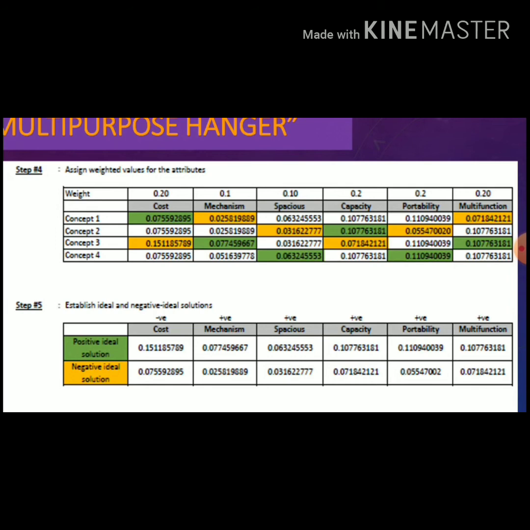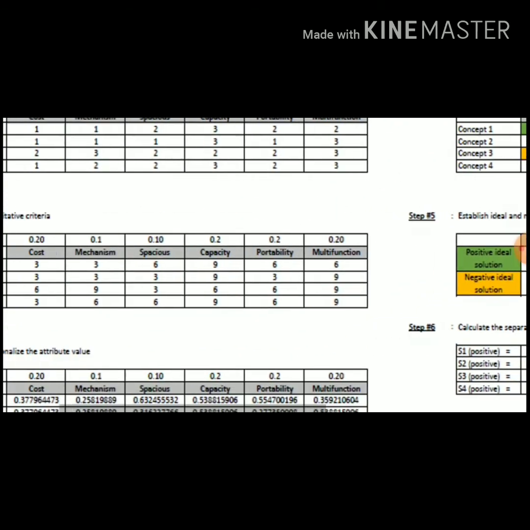I would say that this is very important and reflects back to the Pugh matrix. We have assigned the same weightage: cost 0.2, mechanism 0.1, spacious 0.1, capacity 0.2, portability 0.2, and multifunction 0.2. This is exactly the same weightage that we applied in the Pugh matrix. So when you have the number 0.2 and multiply it with the result of step number 3,